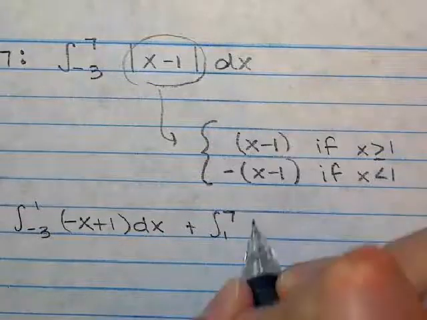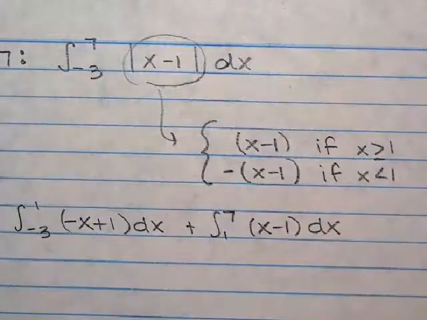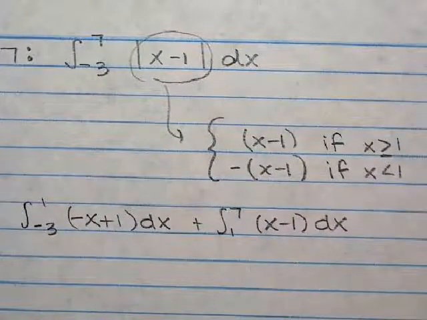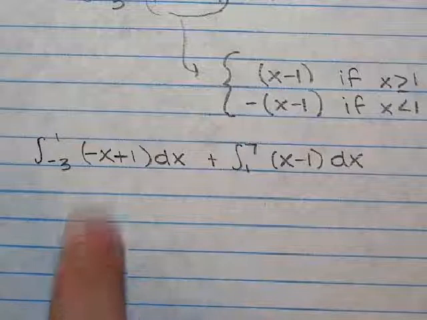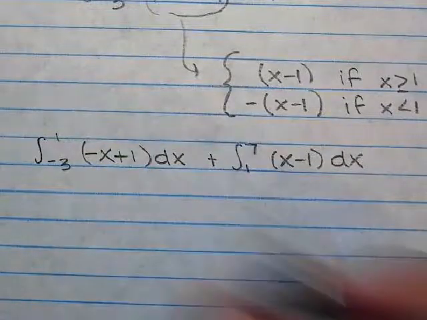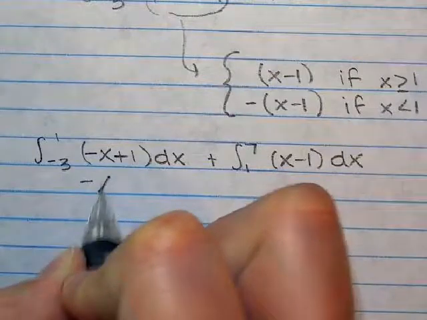The positive version, x minus 1 dx, okay? Are you guys comfortable with that? Make sense? Okay, so let's go ahead and do our antiderivatives for each of the pieces. So -x plus 1 would be